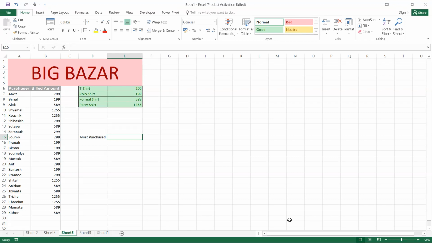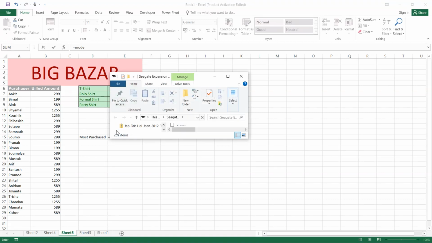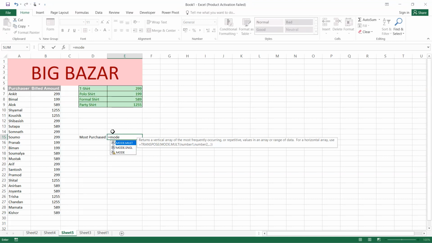they have purchased. Now our goal is to find out which of these four variants, that is t-shirt, polo shirt and so on, which are being shown on my screen, are being sold mostly in Big Bazaar. To find this out, we will be using a function. The name of the function is MODE, and then we will be selecting mode. Let me again press MODE,